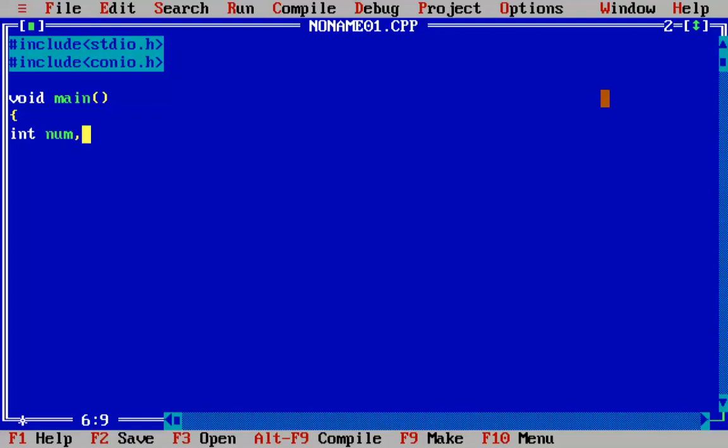Next we will take the variable limit. Suppose a user wants to display the table of 2 from 1 to 10. The table will begin from 1 and stop at 2 multiplied by 10. That means that limit we are going to take in the variable limit. And then obviously a counter, which I have already told you we have to take whenever we use a loop, to control the loop.